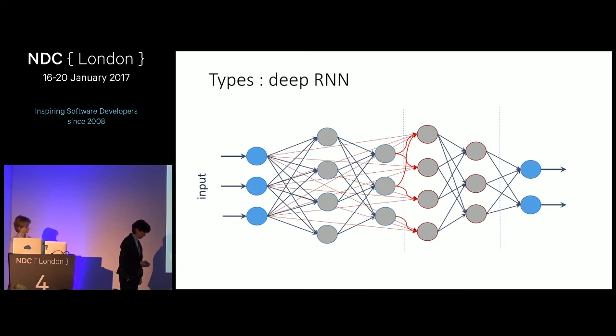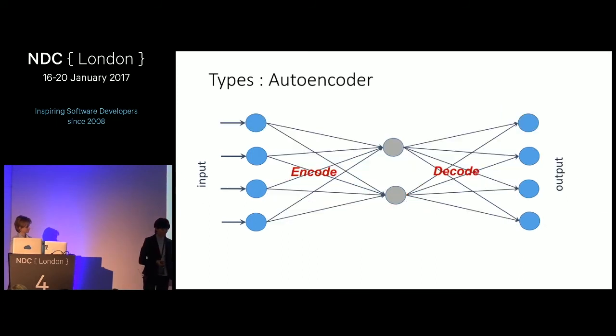The next network I want to address is very interesting, and it's also very simple. The type of network is the autoencoder, and it has one input layer, one output layer, and one hidden layer in between. What is interesting about an autoencoder is that the number of output nodes is exactly equal to the number of input nodes. And if you ask, where's the catch? What is it doing? The aim of an autoencoder is to learn a representation of the data and then reconstruct it at the output. The typical usage of an autoencoder is normally denoising and data compression.